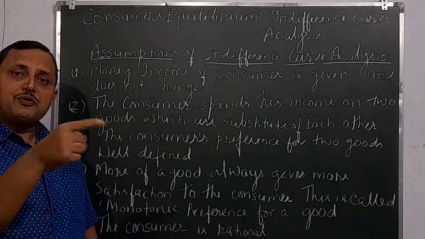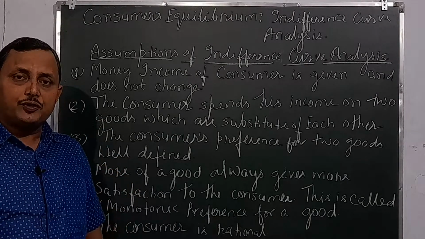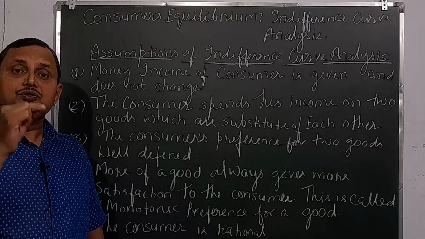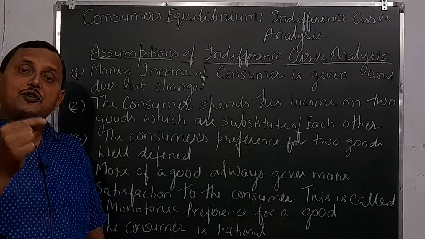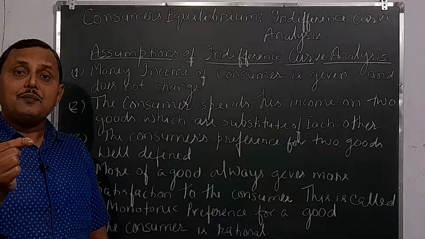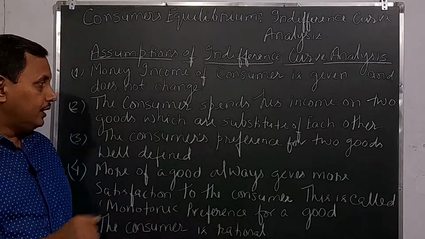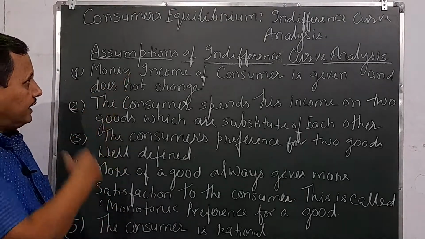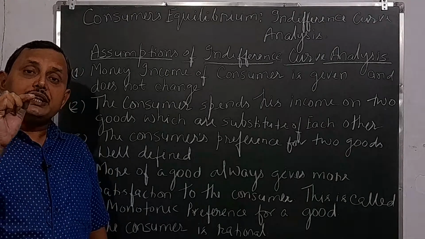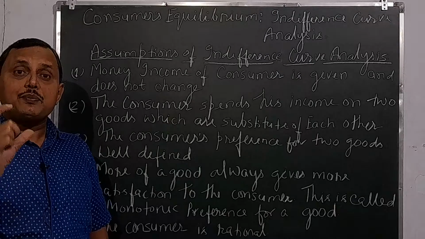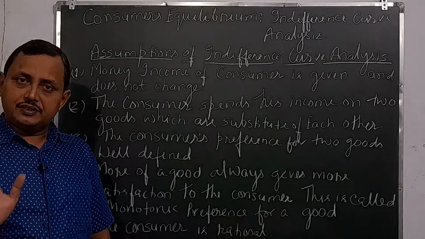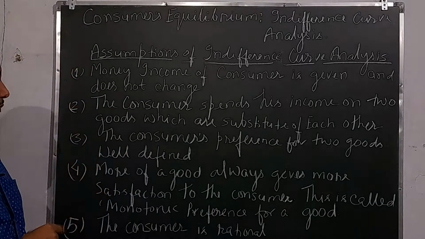Like we have studied in cardinal measurement of utility, when consumer consumes the first unit of the commodity, satisfaction is more. And when consumer consumes successive units of the commodity, marginal utility derived decreases. So in other words, in indifference curve analysis, if any consumer is having less of a good, intensity of desire is more, and when he is having more of the quantity of any good, intensity of desire decreases. So this is the meaning of this one.